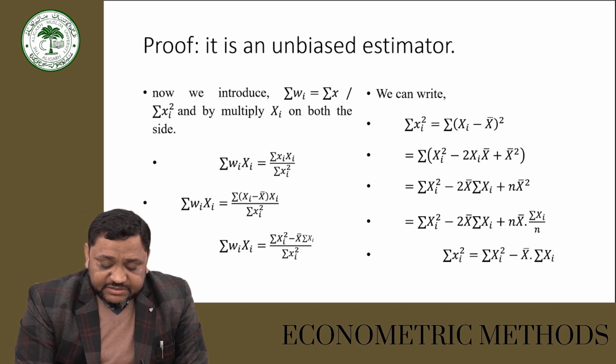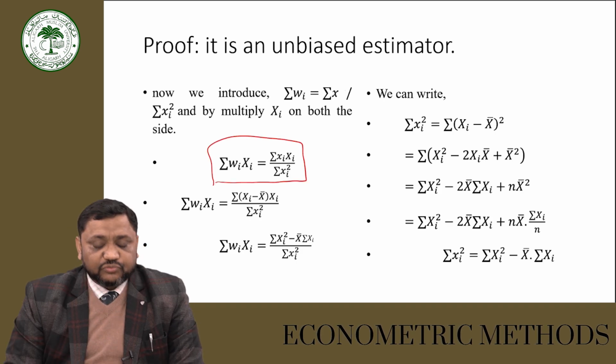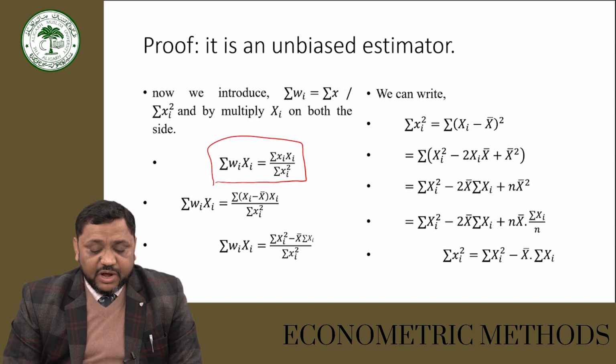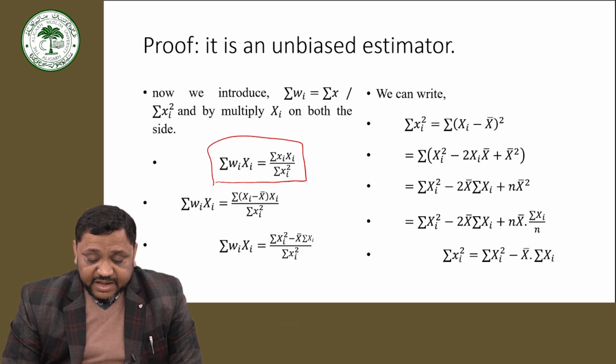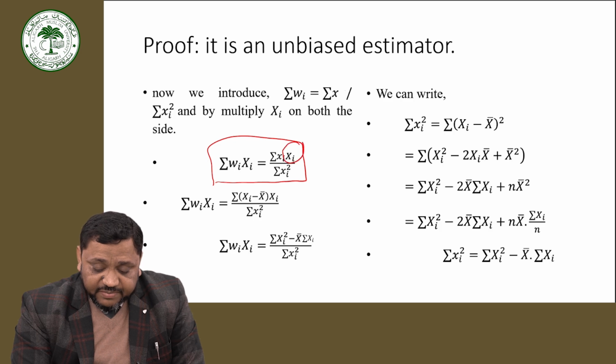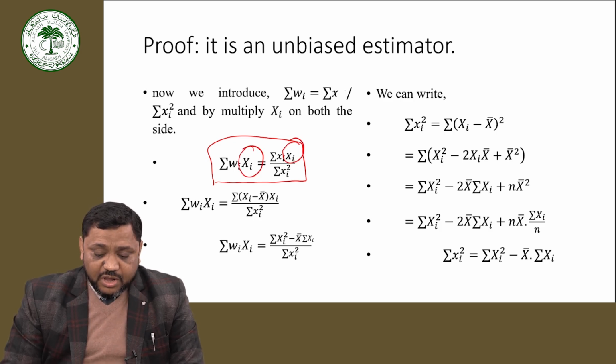So what we get is summation wi xi is equal to summation xi. Now we multiply it by xi. So this term we have multiplied over here, and also we have multiplied over here. Now